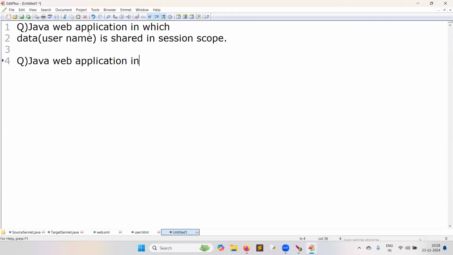It is a Java web application in which a shopping cart is partially implemented. Shopping cart means full payment gateway, credit card or debit. Not that much now, but definitely adding an item to the cart, removing an item from the cart, checkout, showing all the items.